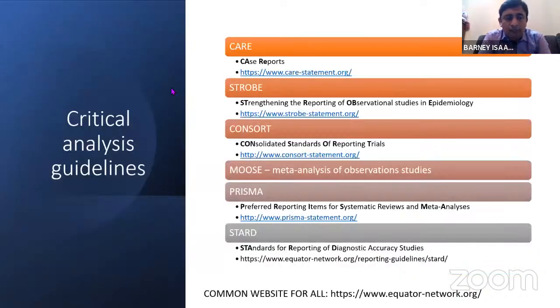So these are the various critical analysis guideline tools that are available. There are separate ones for case reports, for CARE. There are separate ones for observational studies, which include case series,